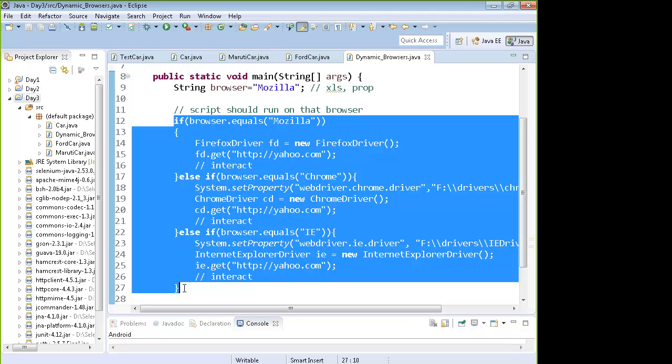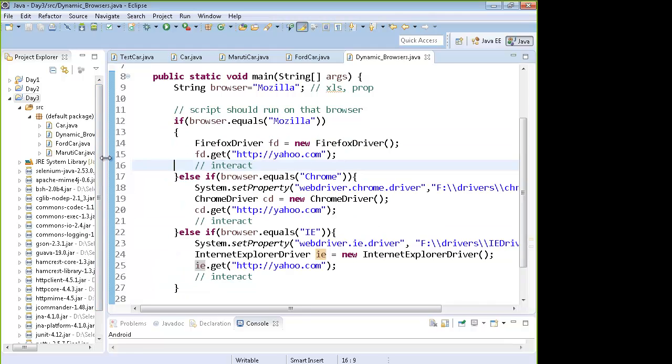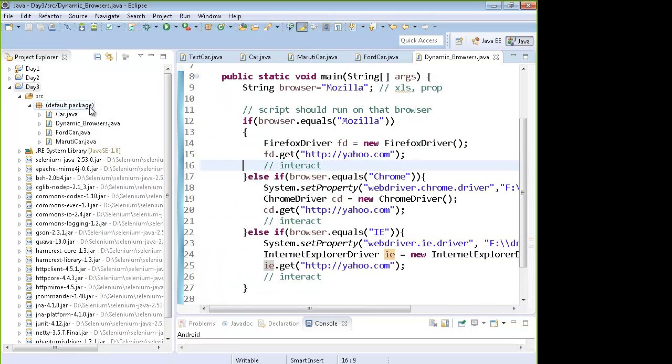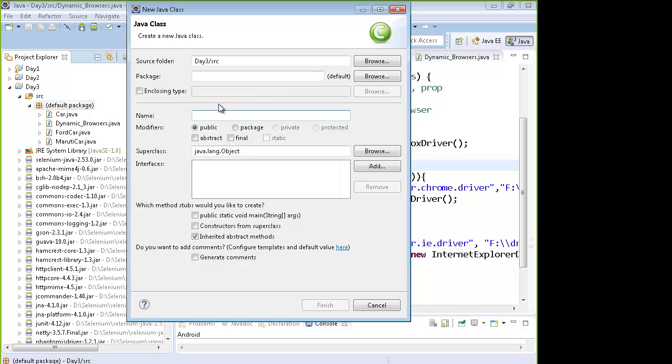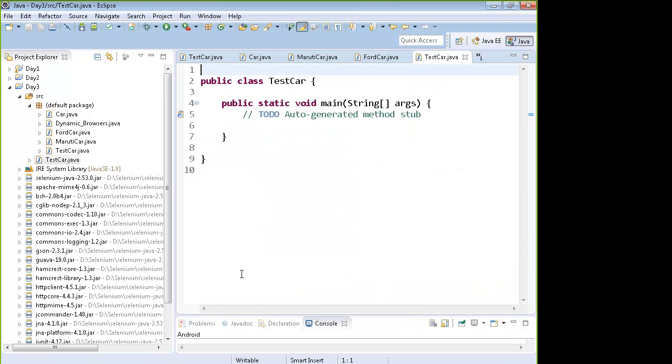Over here again the concept of interfaces helps you. How does the concept of interfaces help you over here? I'll make a new class known as, say, test car, again with the main function. Let us go back to interfaces.